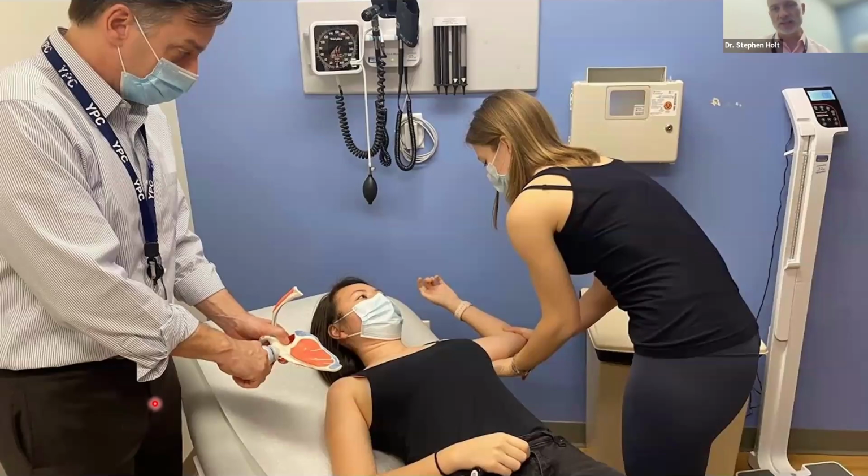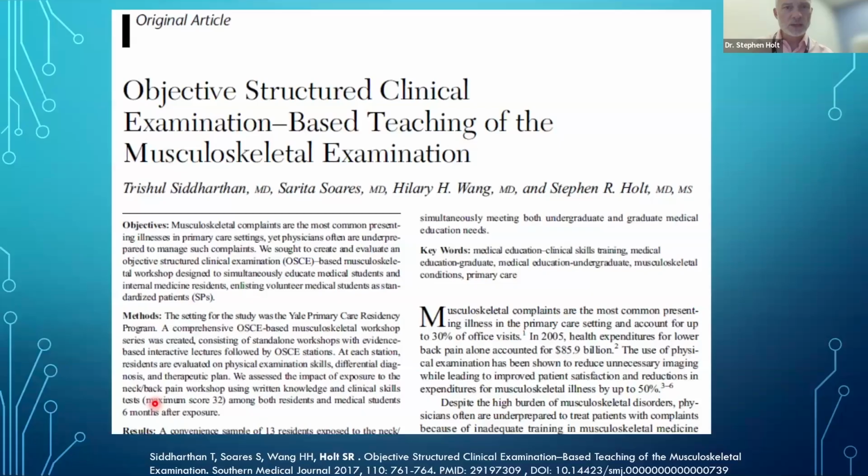And I encourage the residents, of course, to dress appropriately for the session so that they're exposing their shoulder, or wearing shorts if we're doing the knee one, that kind of thing. To make sure that we're not having people examine each other through jeans and sweatshirts, which is so counterproductive and not great.